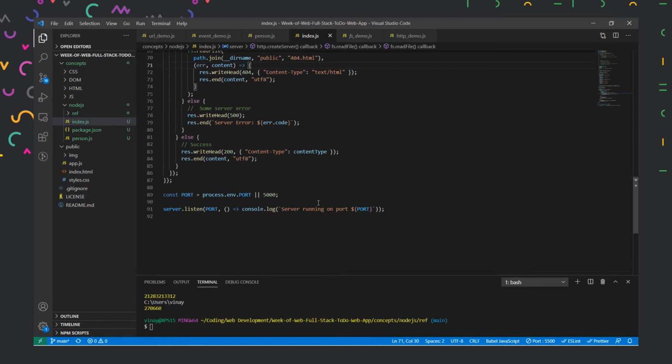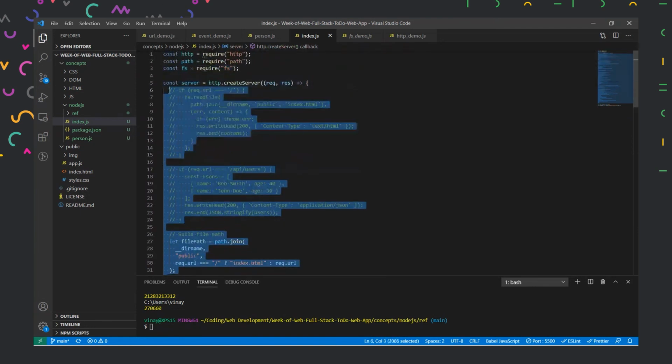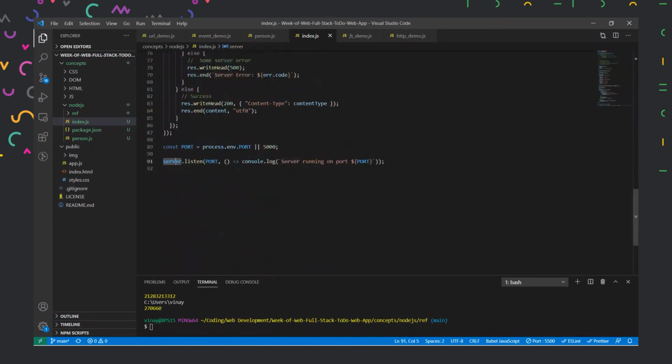And then we also learned how a server listens. All these things go inside our http.createServer function, and then we are just storing it in a variable so that in the end we can simply put server.listen and run it on our port. Here we have another thing called process.env. Let's say we have some other port. Instead, what it will do is check whether we have some other port. If this returns false, then it will listen on port 5000. That is how it works.